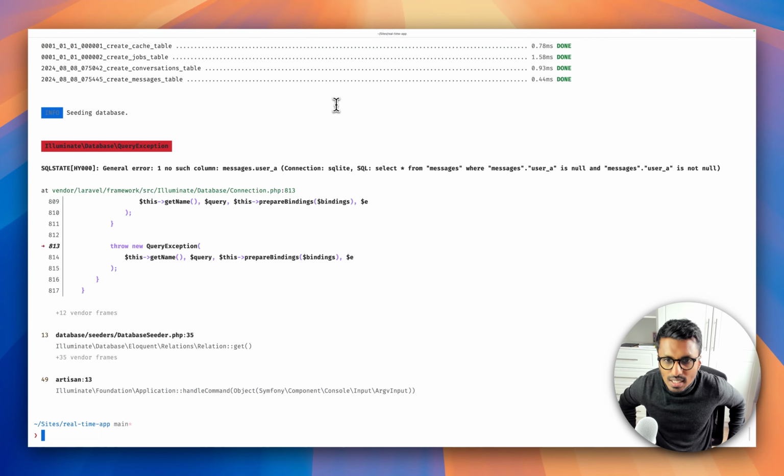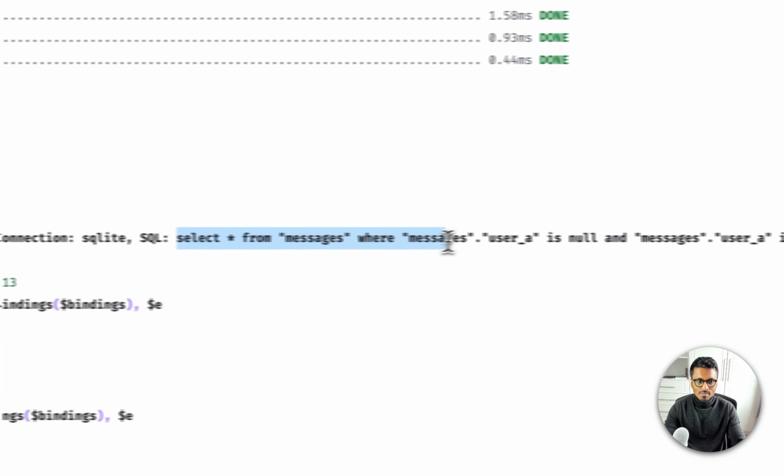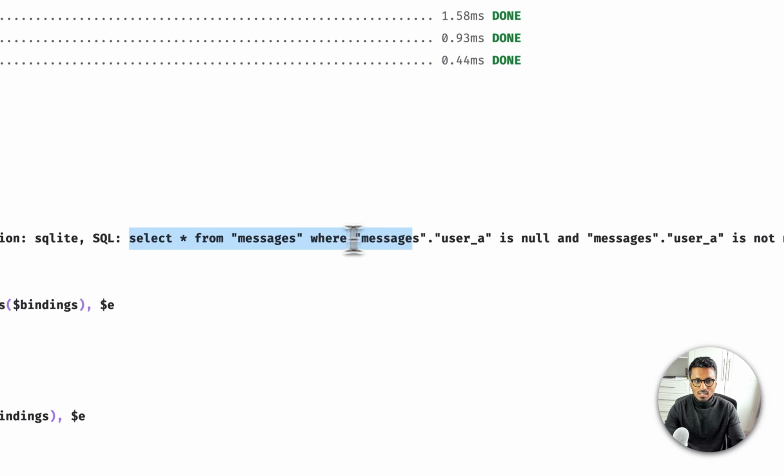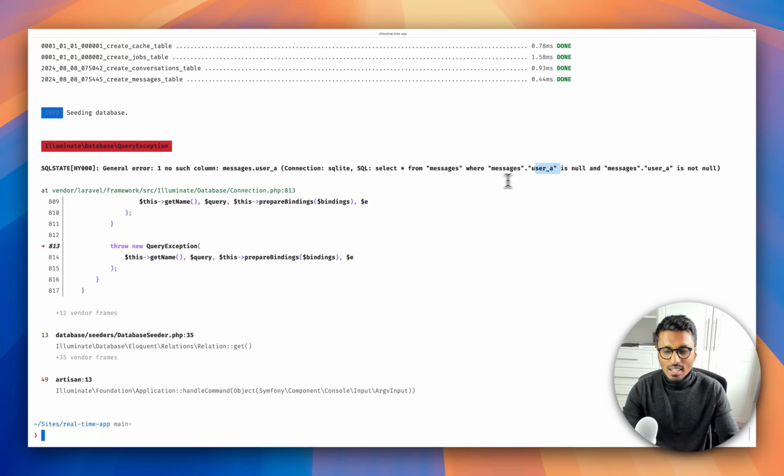So yeah, I'm back, but I still have no resolution. For some reason, it looks like that Laravel, or the setup I have, expects a user A on the messages table, but look at this. Select star from messages where user A is null and user A is not null. It's not even possible. I have no idea where my setup fails here,